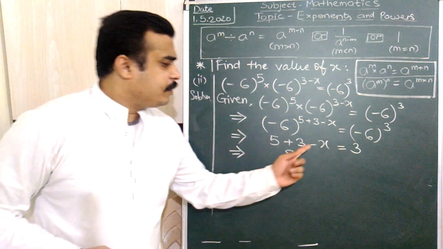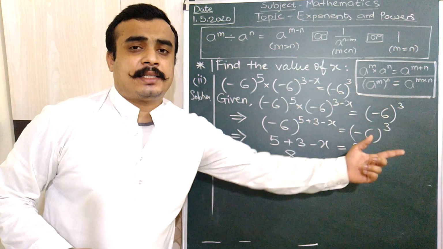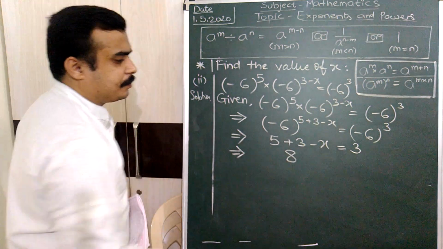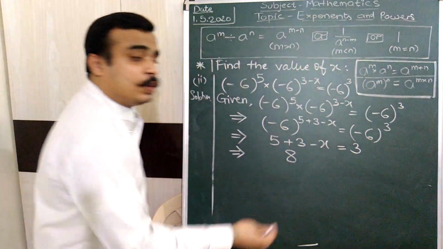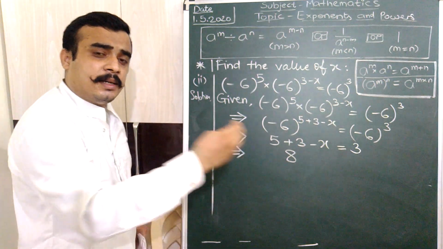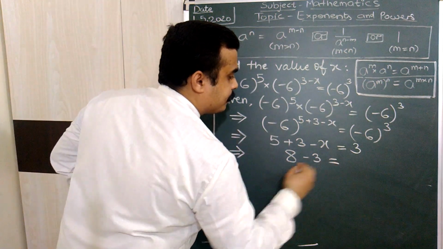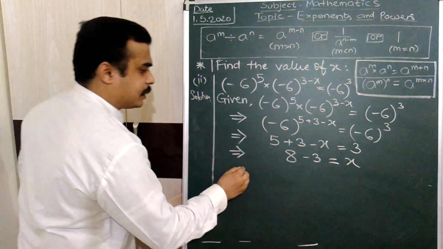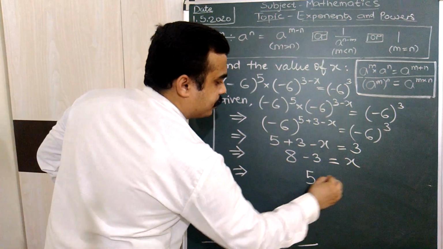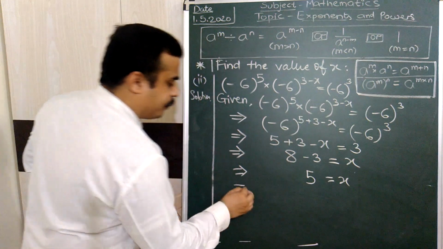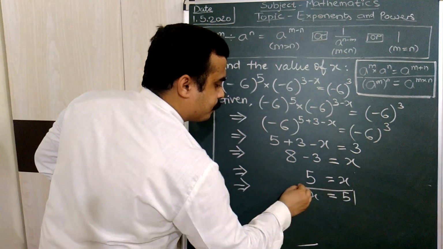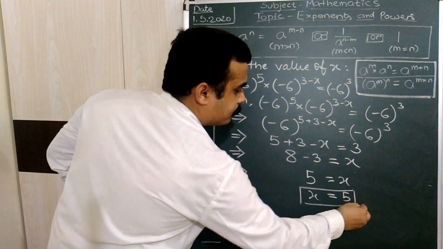Now if you shift this minus x towards the right hand side, then what will happen? That minus x will become plus x. And if we shift this 3 towards the left hand side, then what will happen? That plus 3 will become minus 3. And this will become plus x. So 8 minus 3, 5. So we have x is equal to 5, which is the required